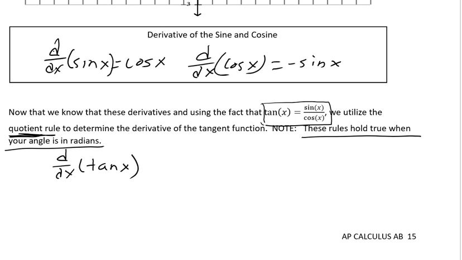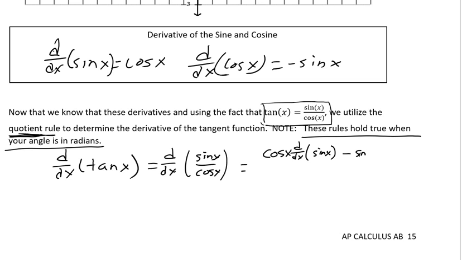So the derivative would equal the derivative of the sine of x divided by the cosine of x, which would be the denominator times the derivative of the numerator minus the numerator times the derivative of the denominator all over the denominator squared,